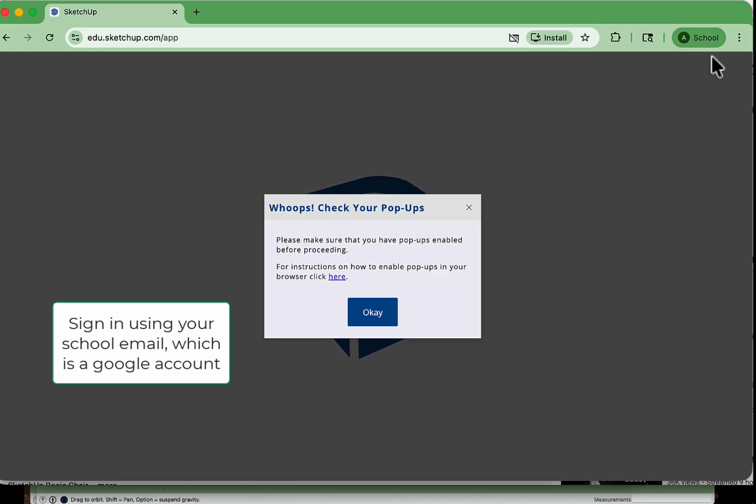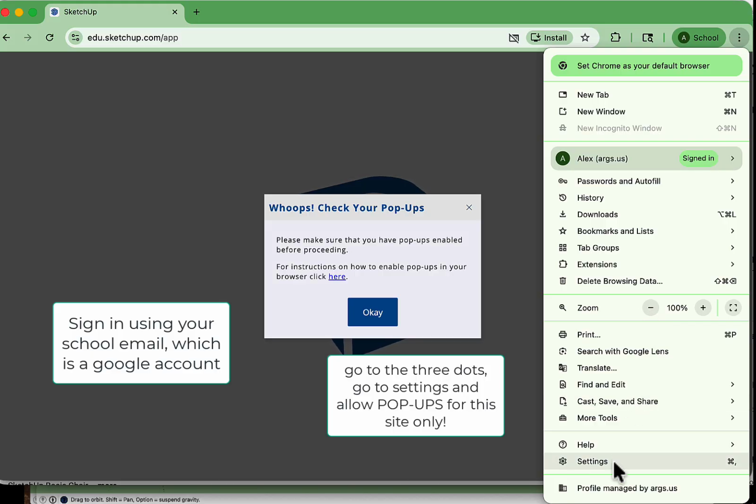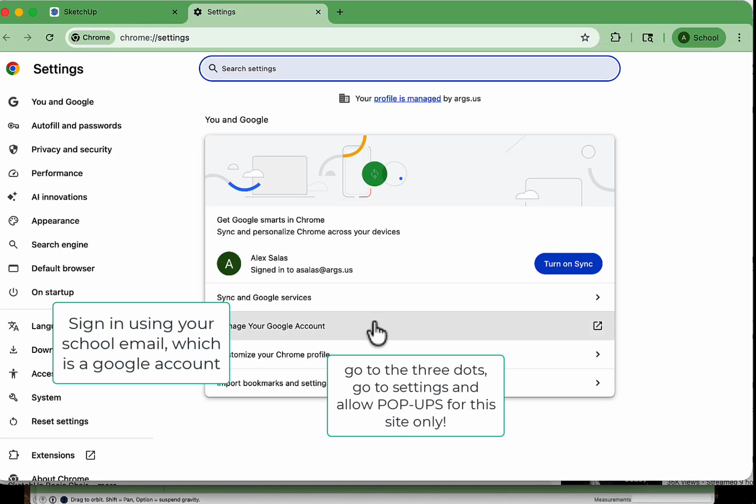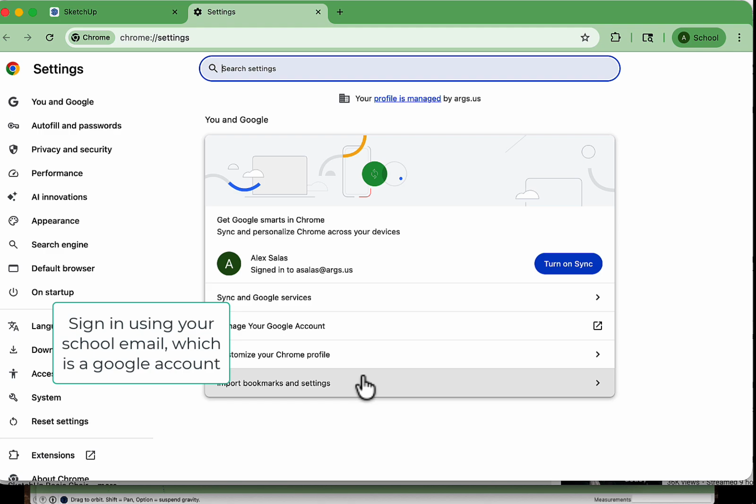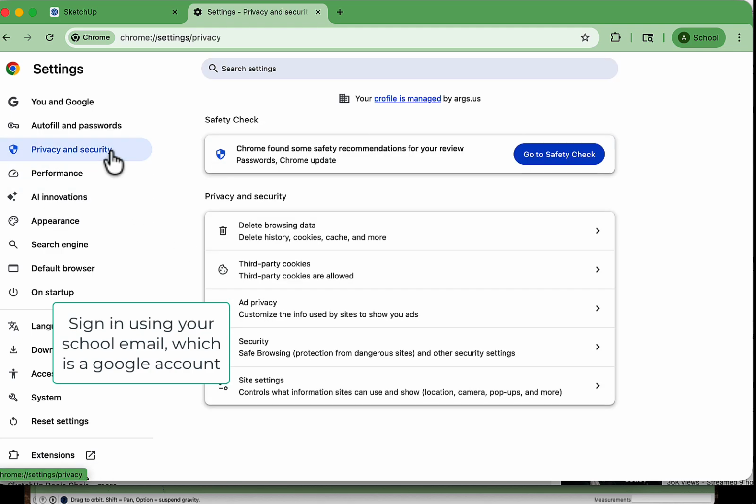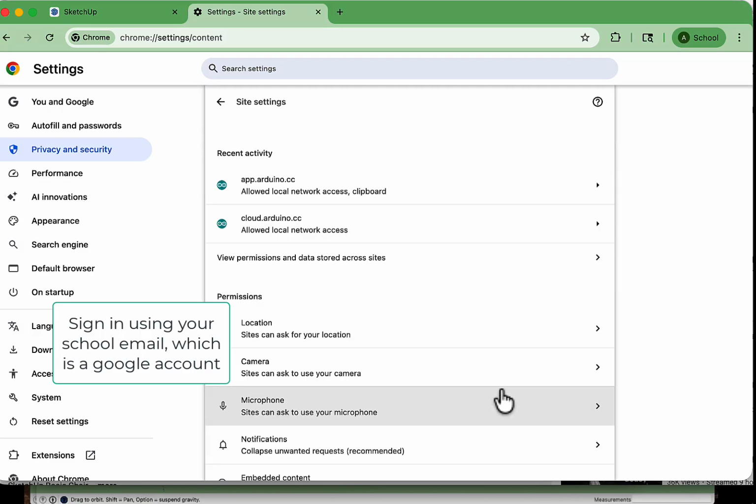Okay, so here we have to check our settings. We go to privacy and security, and then here we should select pop-ups, and we are allowing